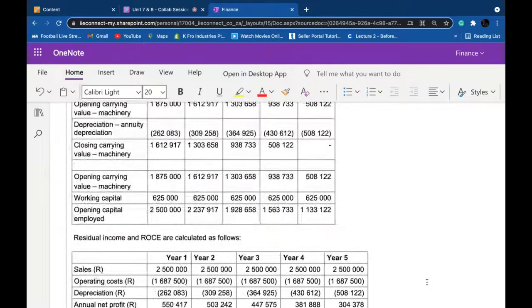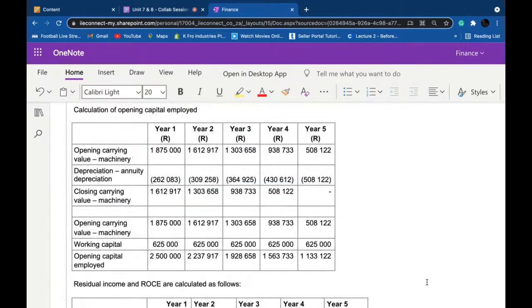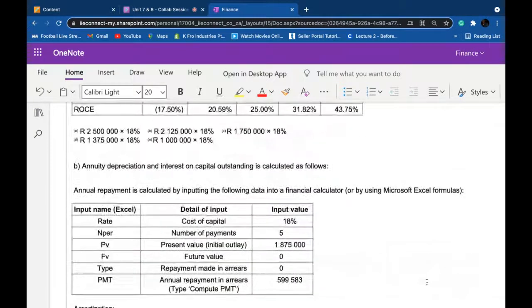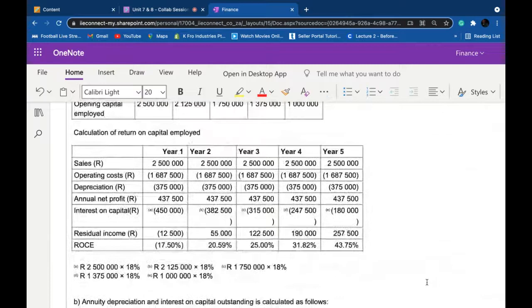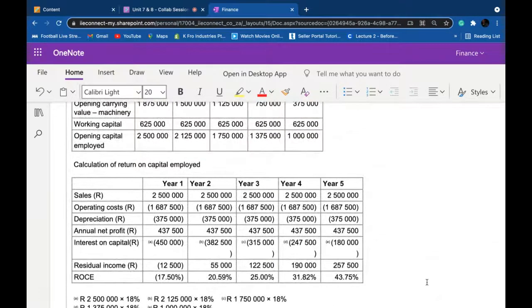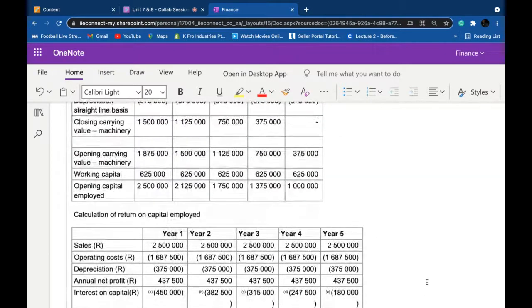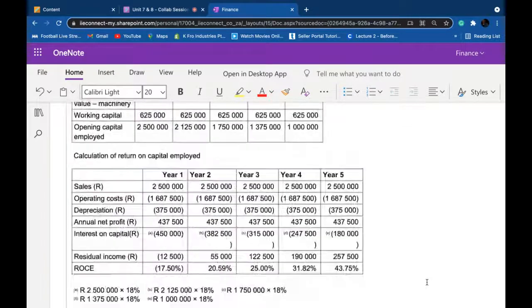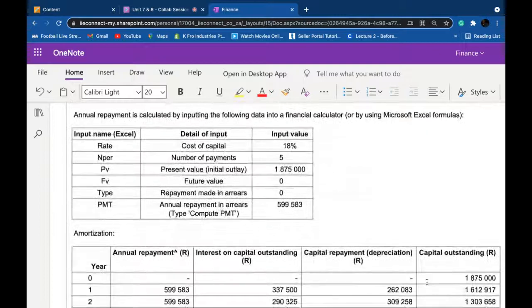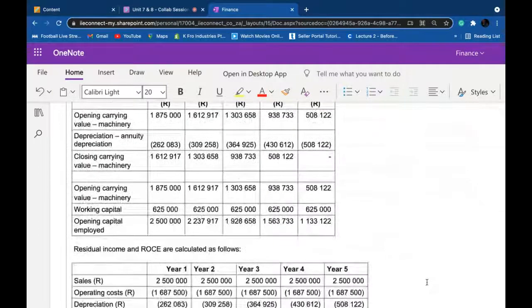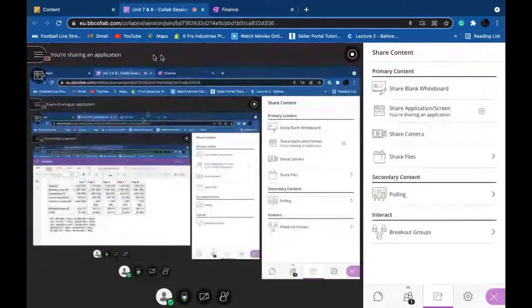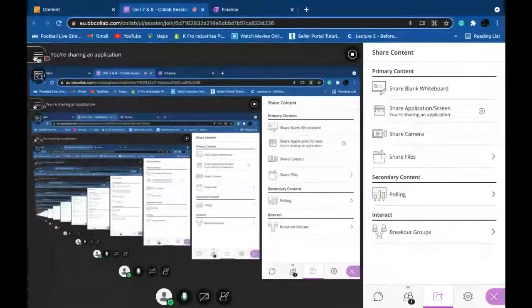Yeah, and then you are home and dry. So that is it. Calculation. Here what they're doing is calculating capital employed for two different things. There's the contract, A, and then B, there's the machinery. And that's it. But yeah, unit 8, you want to obviously